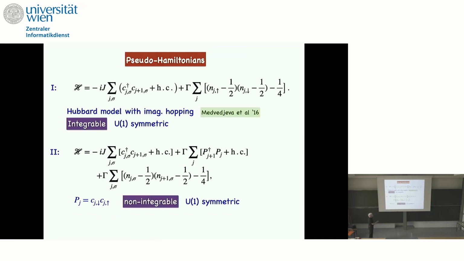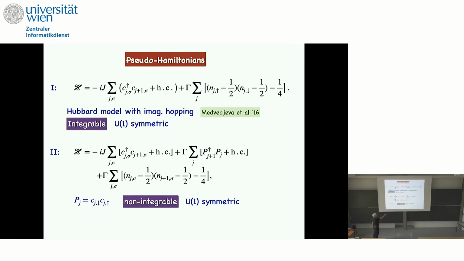Okay, so now these pseudo-Hamiltonians, for the various models I've written, you can just write them down explicitly. It's a very simple exercise. The first one, obviously, is my favorite. That is the one-dimensional Hubbard model. And if you do it in d dimensions, you get the d-dimensional Hubbard model with a purely imaginary hopping term. So it's not a Hermitian Hamiltonian because it's a Lindblad equation. It's a Hubbard model with imaginary hopping.